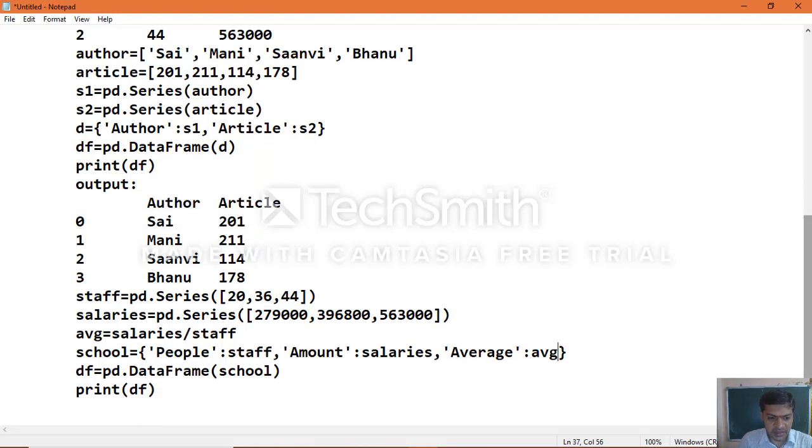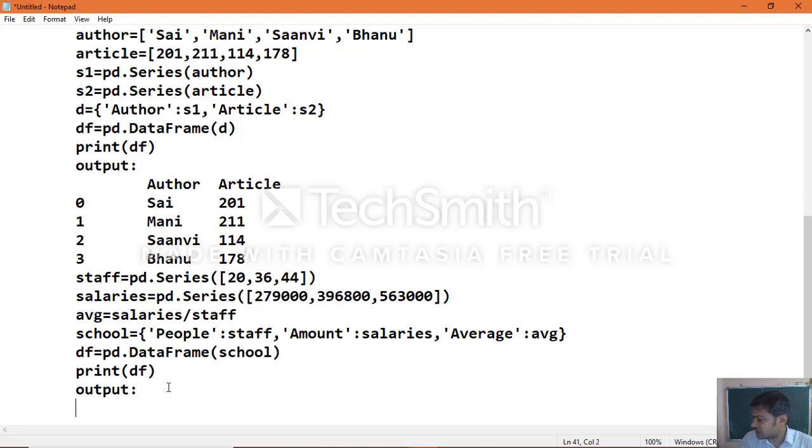Then create the data frame object, print the data frame object, then you will see the output such a way that we will see people, then amount, then average.